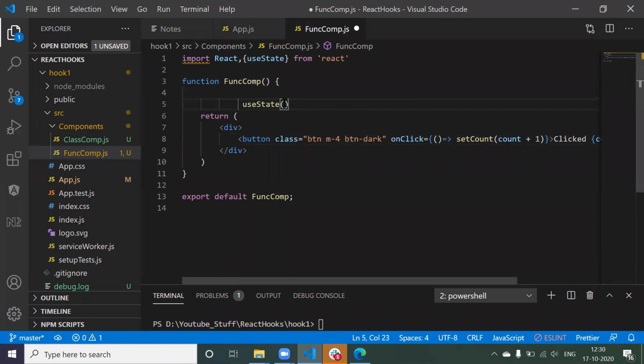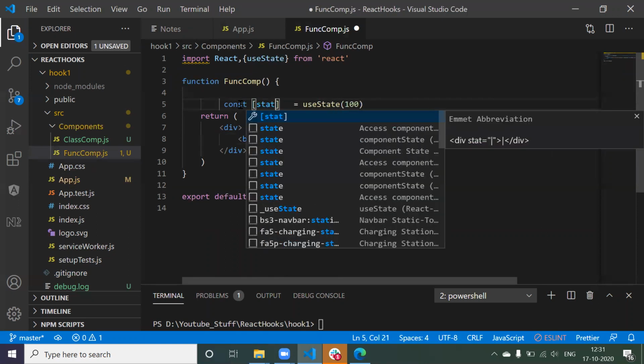So I wanted to give the initial value should be 0. So the 0. Now let me change this time. I wanted to maintain initial value as 100. So 100. Now this useState function is going to return you an array. So let me return it in an array. So I'm going to say const array. Okay, now what does the array contain? It contains elements. So the first element should be your state. So your wish, whatever name you wanted to give, you can give. I'm going to give state only.